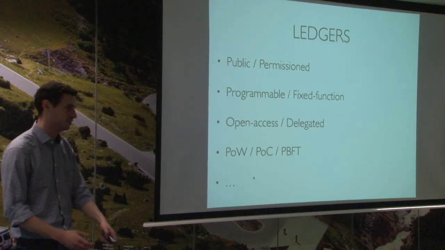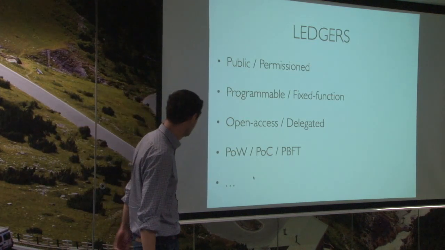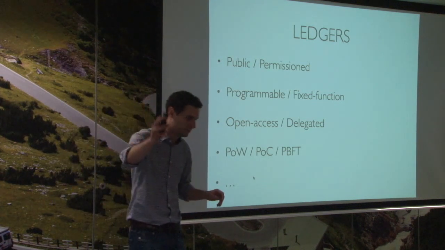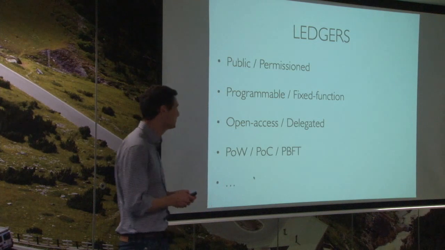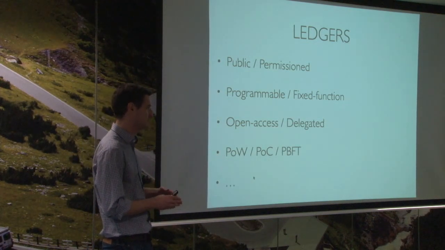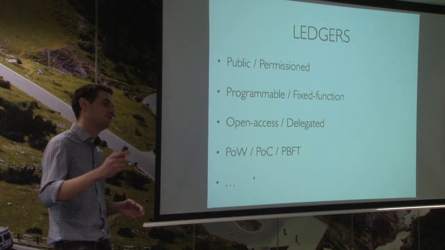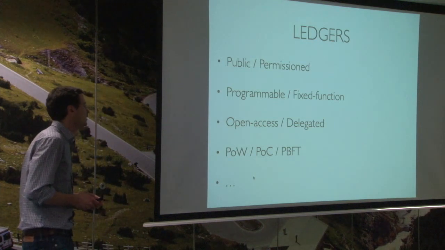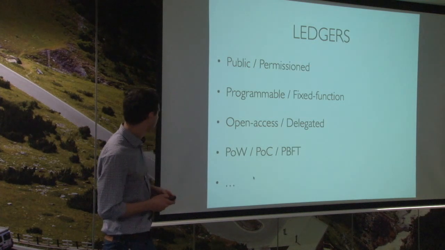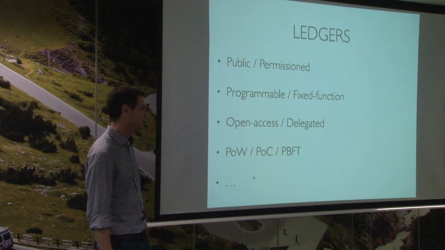Consensus algorithms, proof of work, proof of stake, proof of consensus, practical Byzantine fault tolerance, and there are myriad other really complex cryptographic methods just to ensure that everybody on the network stays in sync and it's impossible to attack, unless you obviously own over 50% of the network, in which case the whole system is compromised. And yeah, there are a lot more different categories.